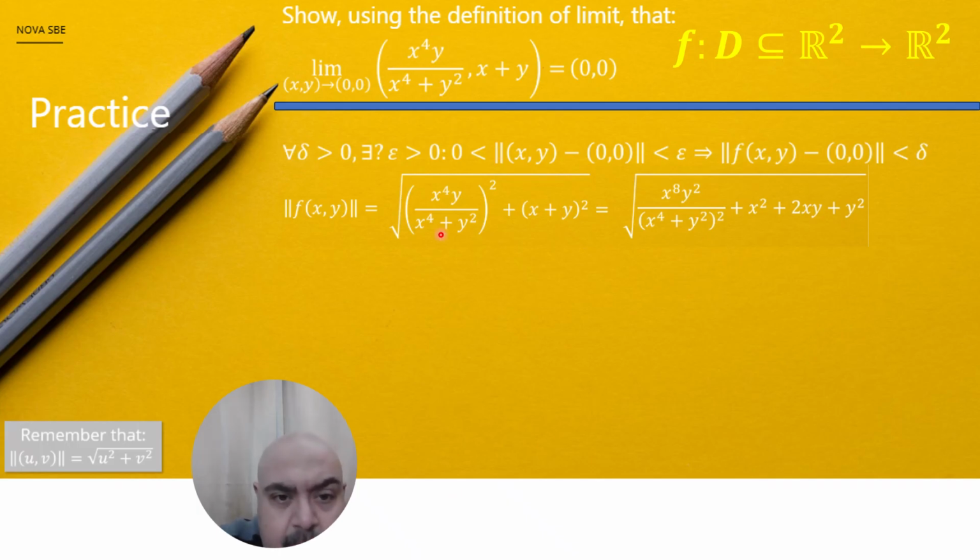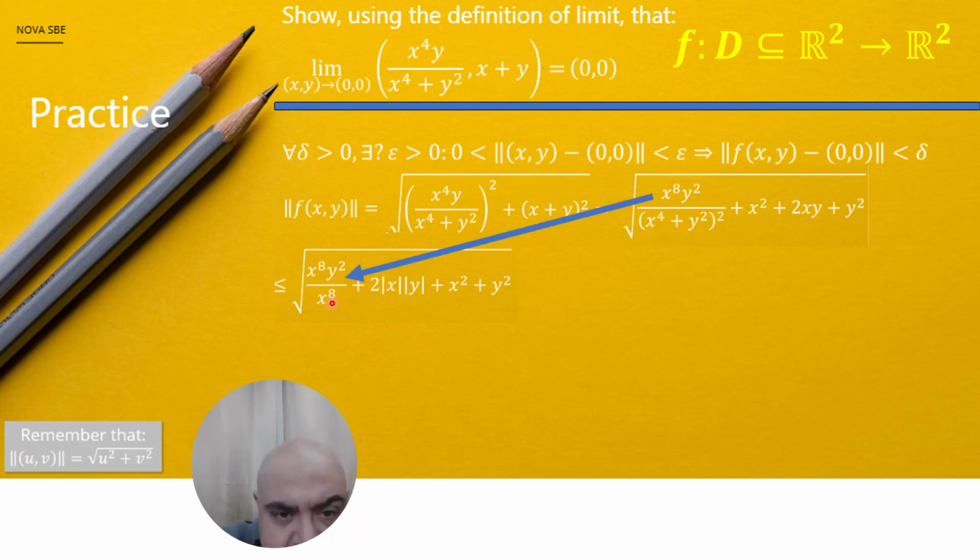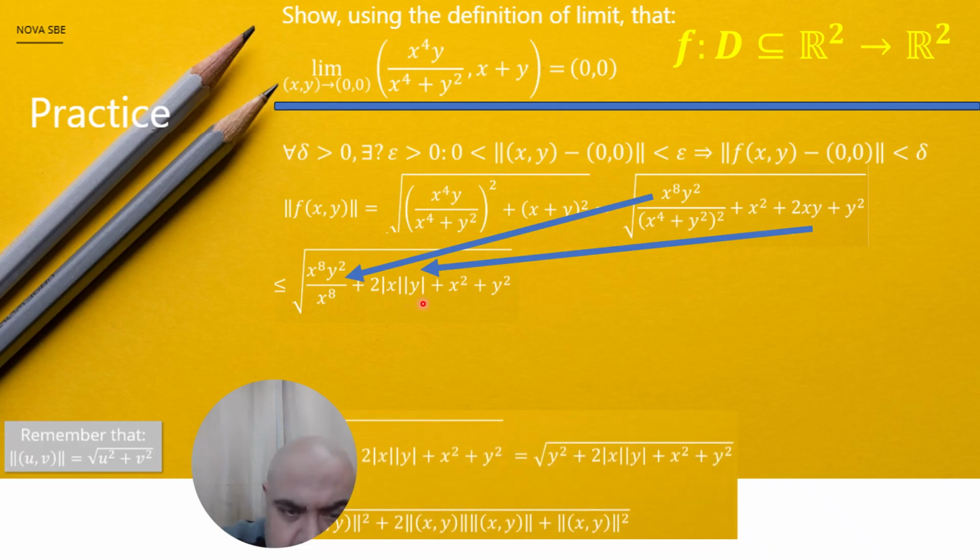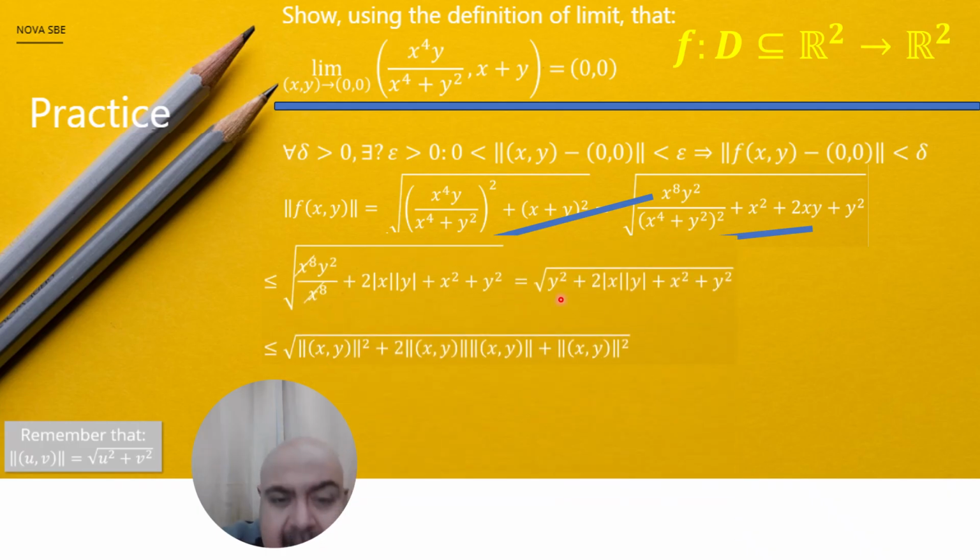So the first component to the power of 2, the second component to the power of 2. We did exactly the same problem previously. So now I will expand them. As you can see, in the second step, I change the equality into an inequality. I will change x and y by their absolute values. Due to this replacement, I can eliminate x bar 8 with x bar 8 from this relation. And also, from replacing x and y by their absolute values, I will be able